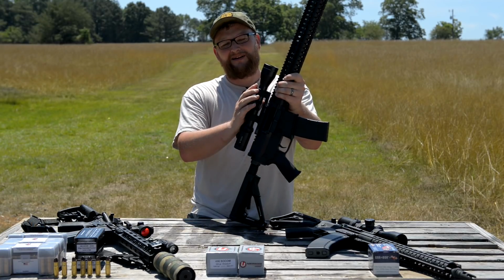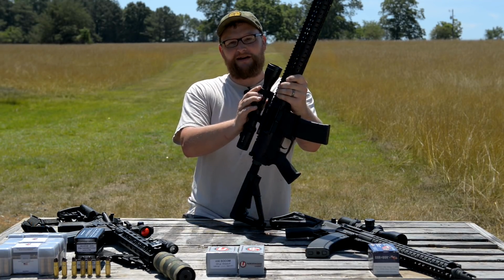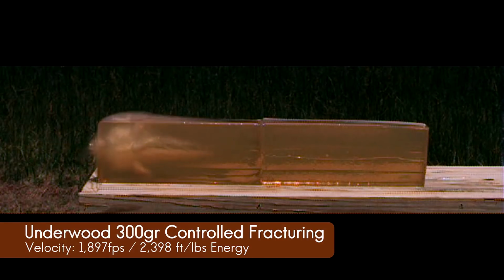and we're going to put it into this Anvil, which, it's funny they call it the Anvil. I almost feel like they should call it the Thor's Hammer, or something that has to do with smacking things, because that's what 458 does. It's a big old bowling ball of a round that gets out of there,